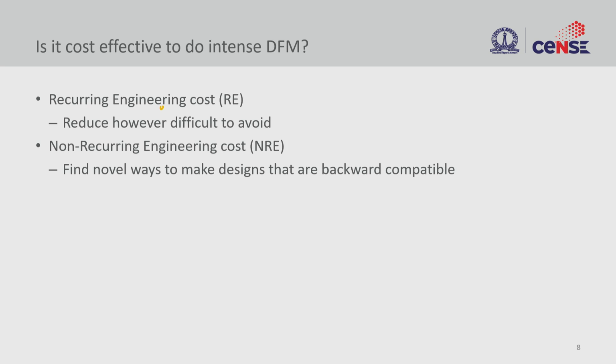So if you look at recurring engineering cost, it is very hard to completely avoid recurring engineering costs. You try to reduce it, but it will be there, but you can actually try to reduce it, right? But there is non-recurring engineering cost, which is something that one can completely avoid going from one product to the other product, right? So the way that one can do this is you have a product or a device D1,